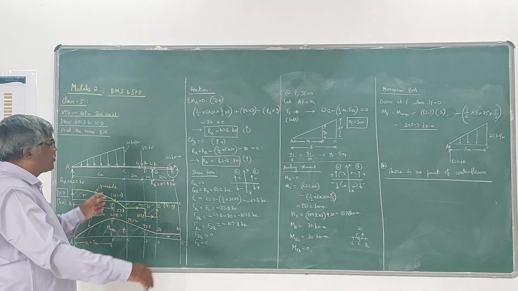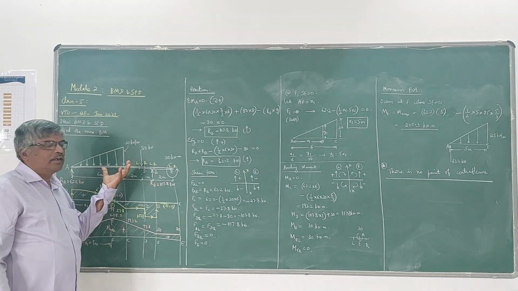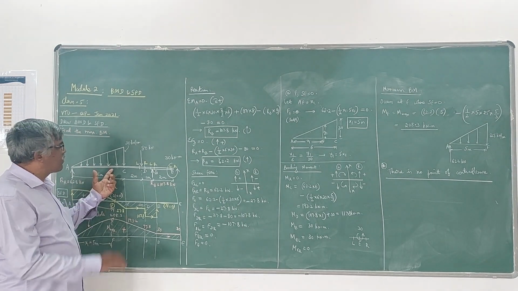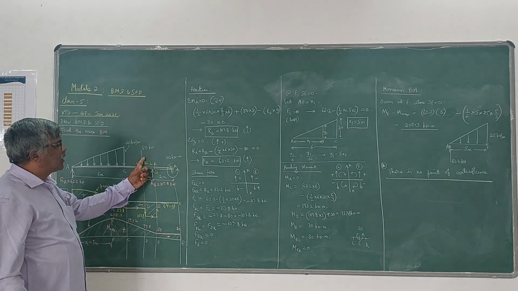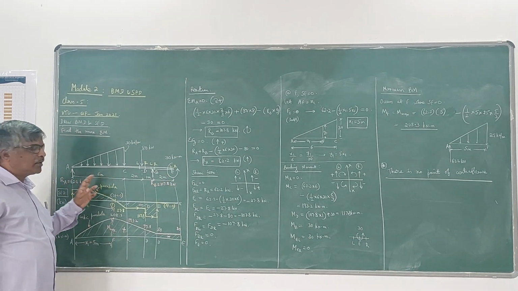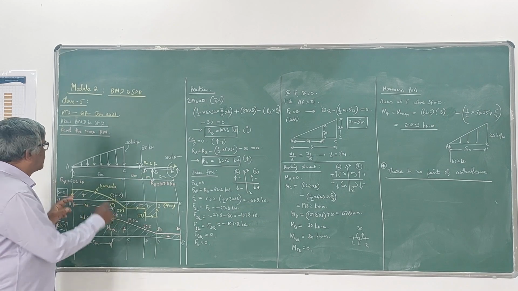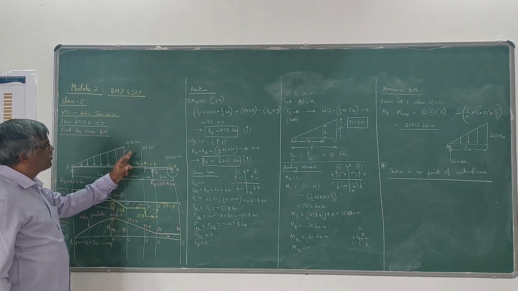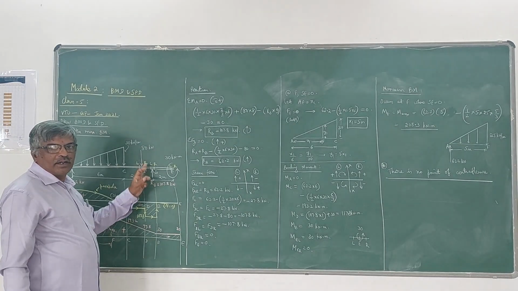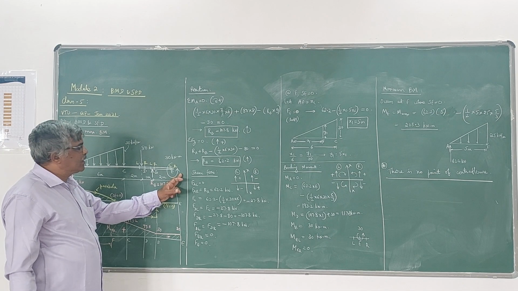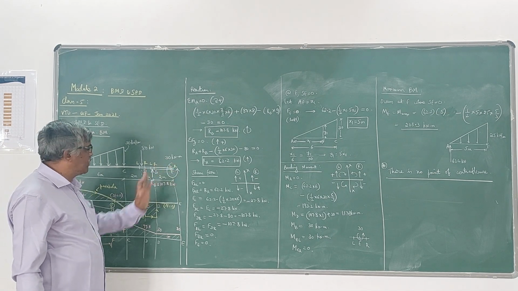So, in this problem, he has given a triangular load. That's why I have considered this problem, and one concentrated load and also an external moment. So it is an overhanging beam. A and B are simple supports. The intensity of the triangular load varies from 0 to 30 kN per meter, the concentrated load is 80 kN, and the external moment given is anti-clockwise 30 kN-m.